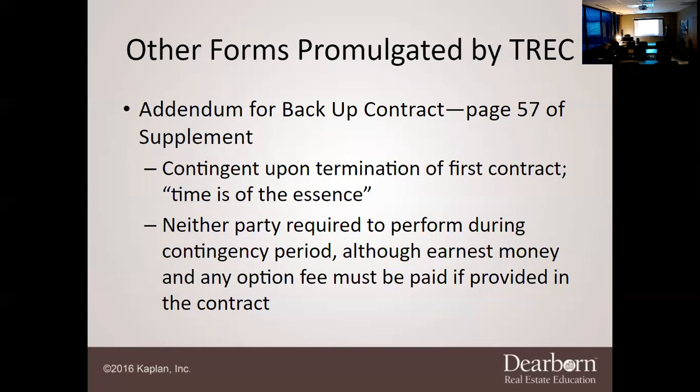Okay? So the addendum for backup contract, like it says, is the contingency upon termination of the first contract. However, time is of the essence. Neither party is required to perform during the contingency period, although earnest money and any option fee must be paid if provided in the contract. You got to pay that up front. So what ends up happening here is you're putting your client in a catch-22,